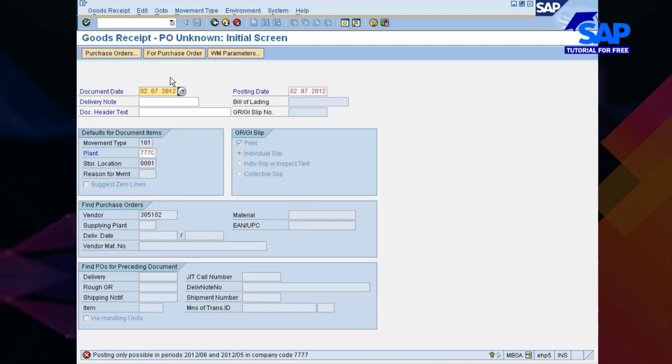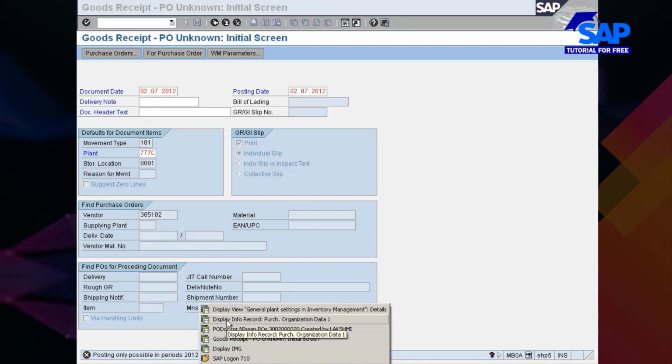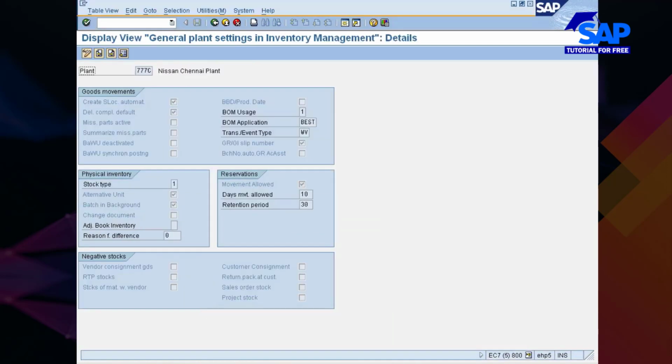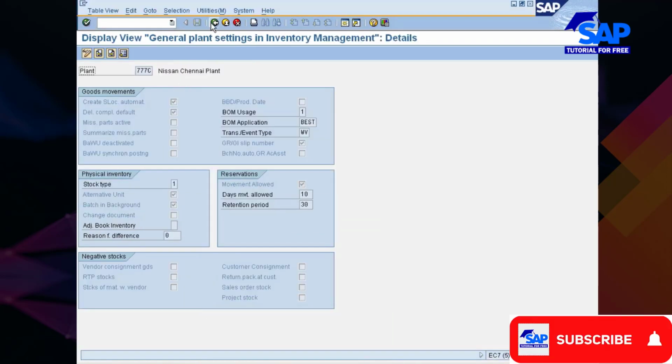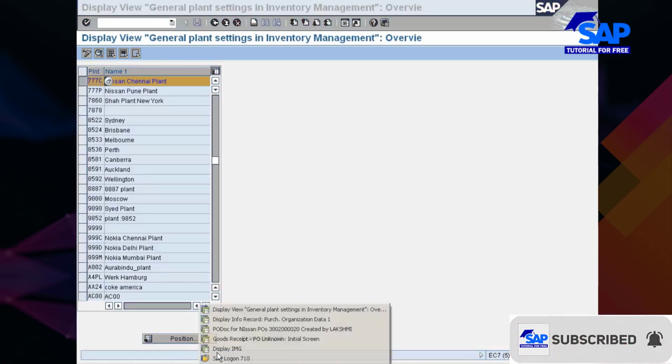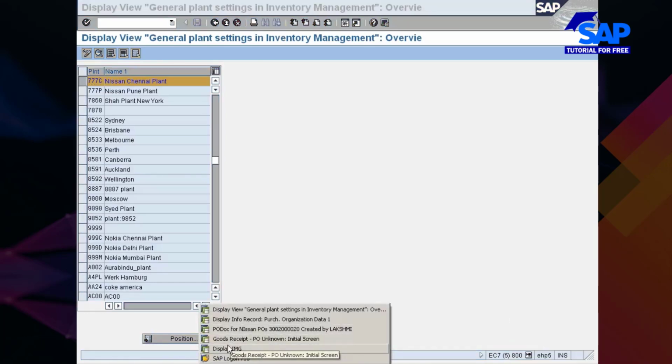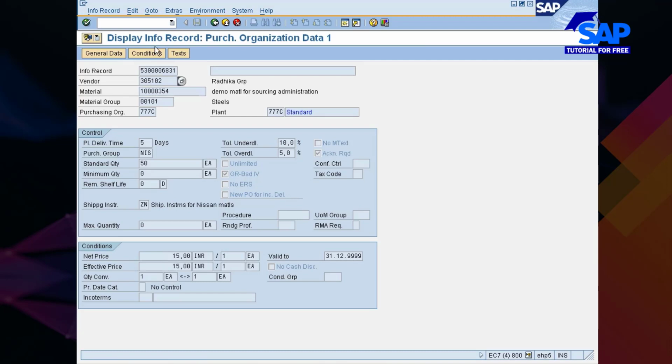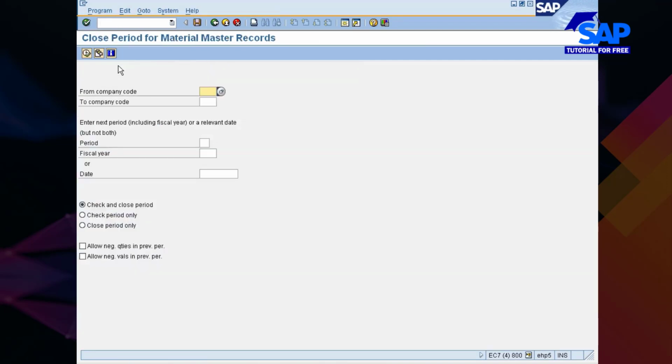Okay, so let me correct this one first. The period is not right. /n MMPV is the transaction to close the current period. Your company code is this one. You wanted to close 06.